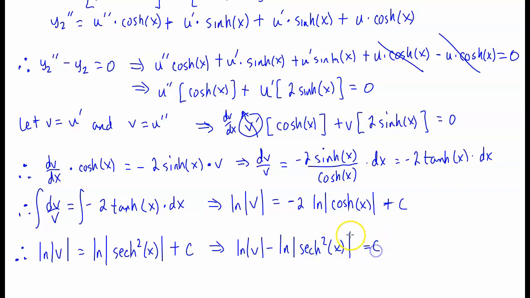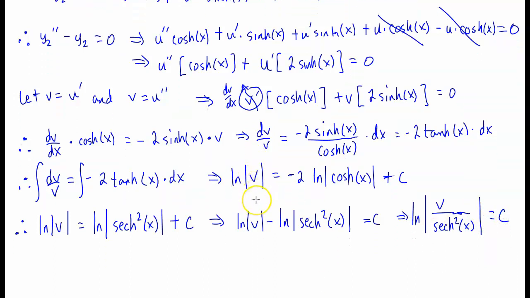And this just equals a constant. And then from there, this just means that we have natural log absolute value of v divided by sech squared, and then that's just equal to c. All right, and I'm kind of taking a different approach. I really didn't have to do this, but